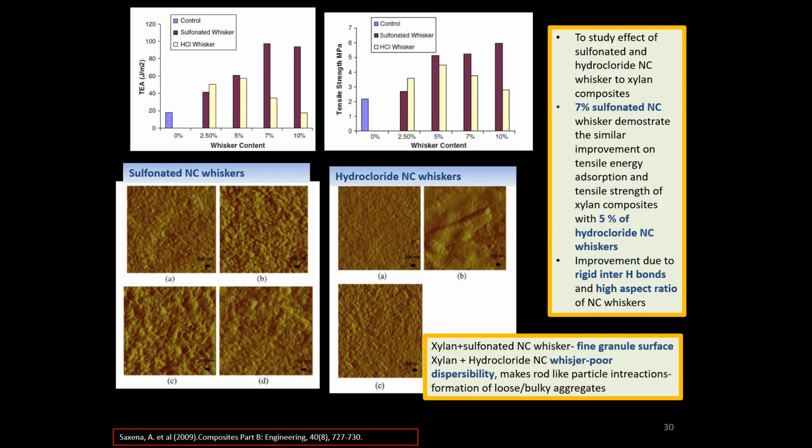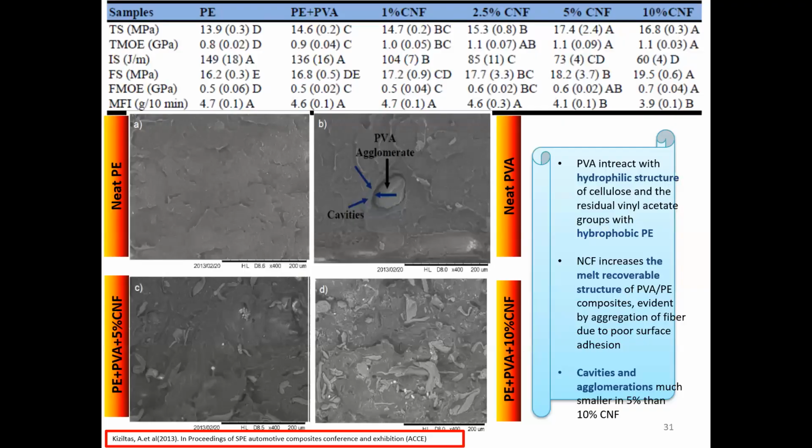This is due to the interhydrogen bond and the high aspect ratio brought by the sulfonated nanocrystal cellulose. So this is another study whereby they try to introduce nanocellulose with the hydrophobic PE, polyethylene. Due to the hydrophobic properties of the PE, it will not give good interactions with the hydrophilic structure of nanocellulose. So what they do is introduce PVA as the bridge or linker between these two groups, and it shows that